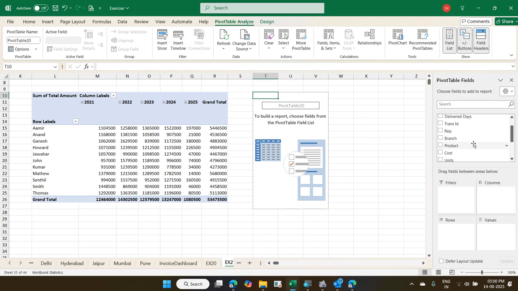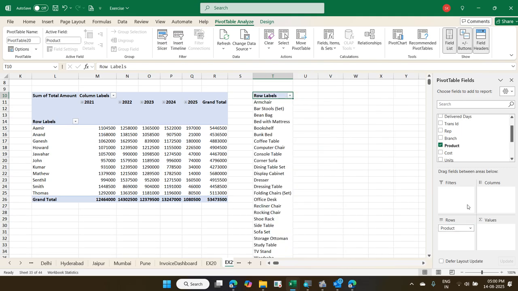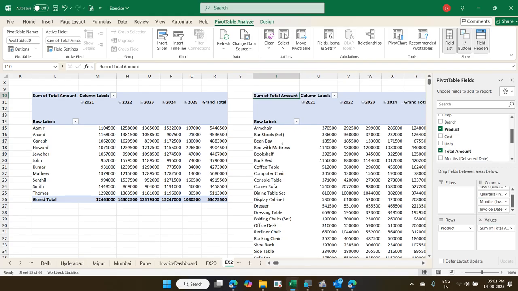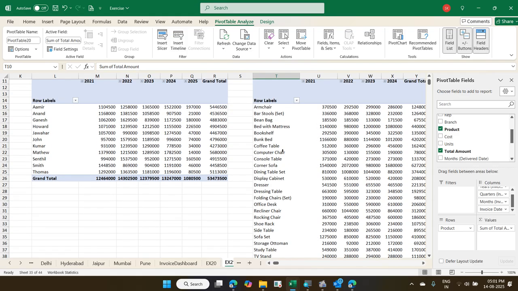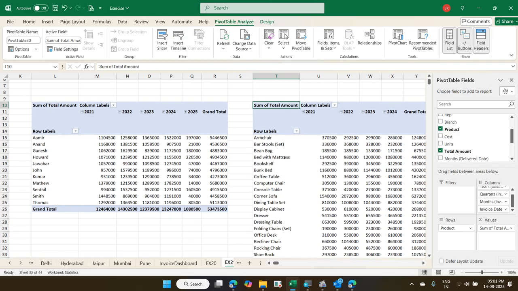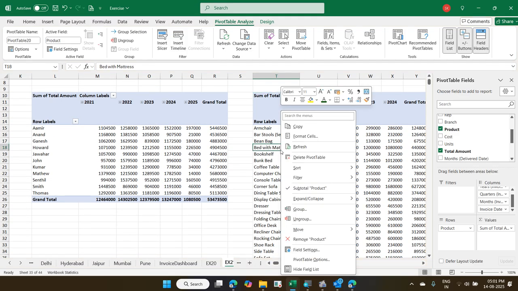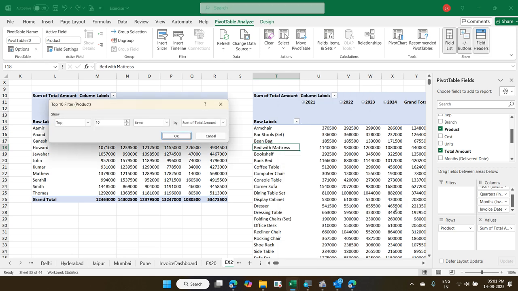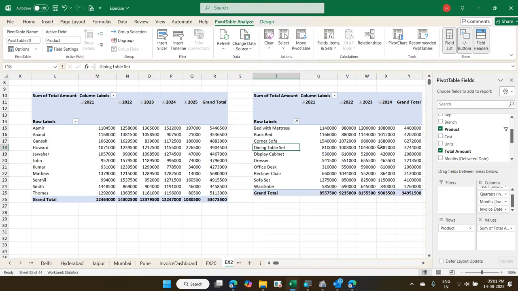But how can you get top 10 products? All the products are displayed. How do you get top 10? Right click on product, then filter, top 10. Last and final feature: place the cursor on any one of the tables, analyze, then insert slicer, then